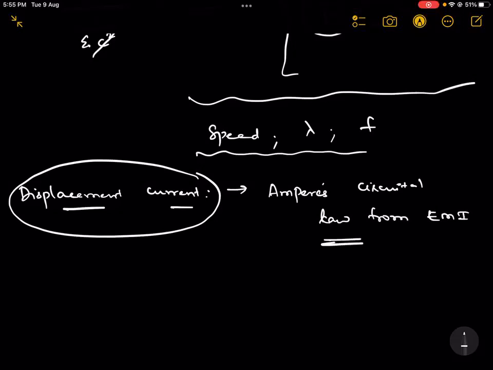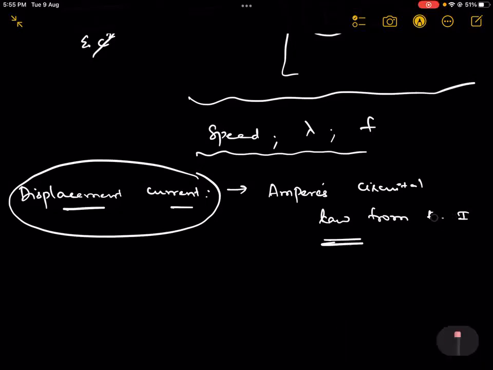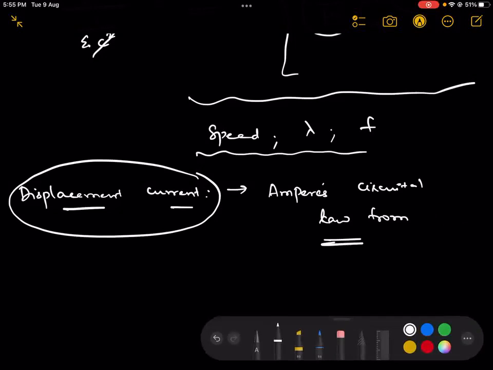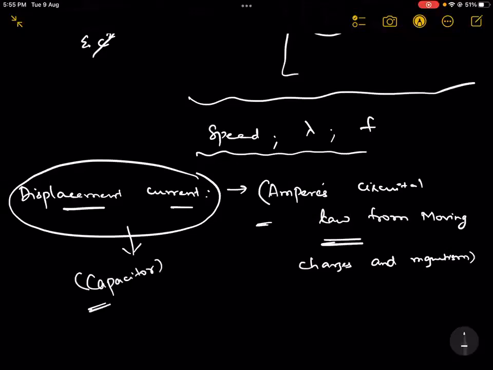You need to recollect, from moving charges and magnetism. Okay. And this displacement current has to speak about something related to a capacitor as well. So these are the two concepts which you need to revise and come before we discuss this,